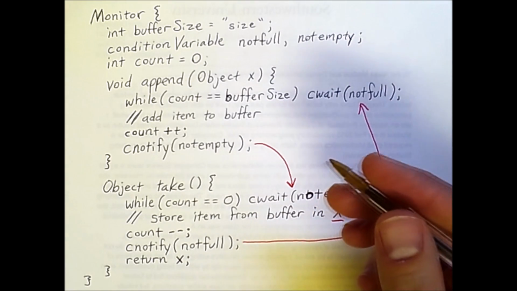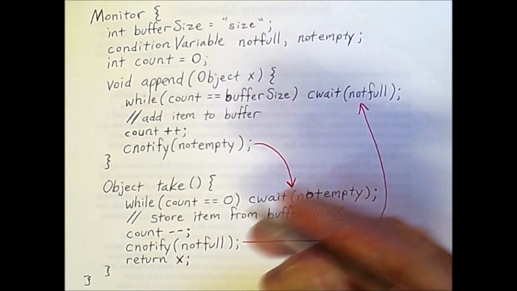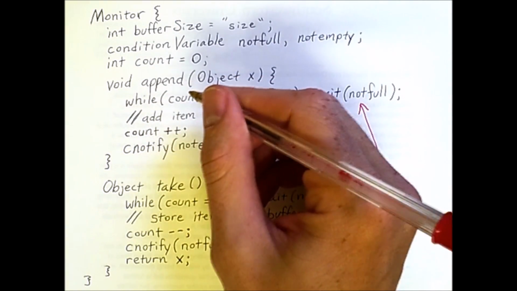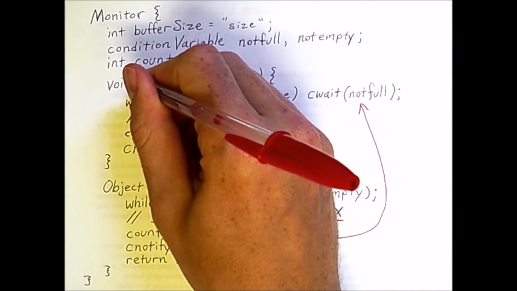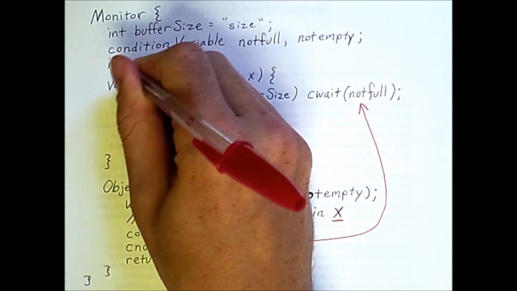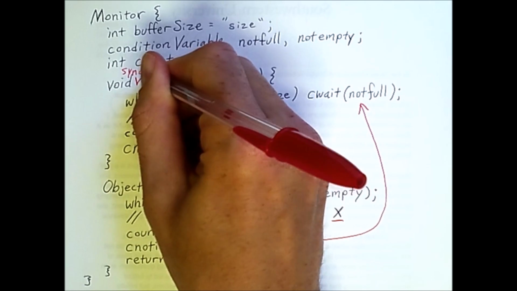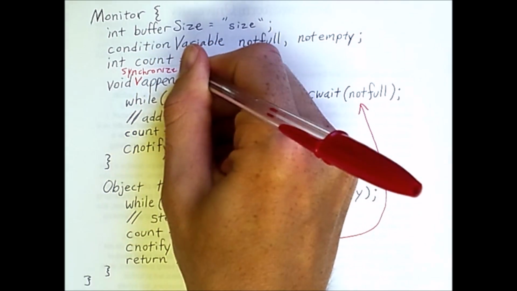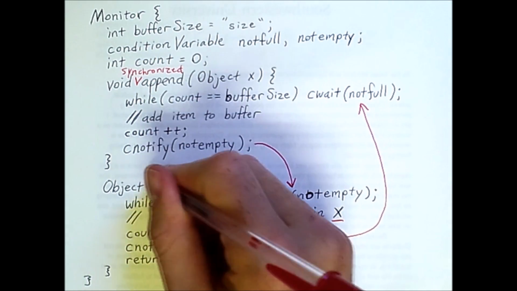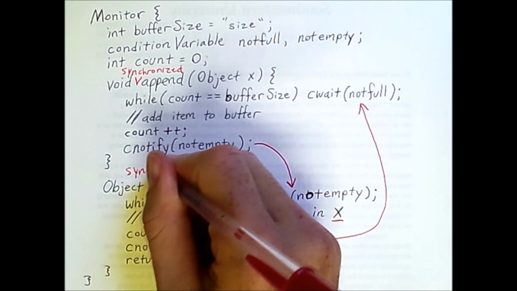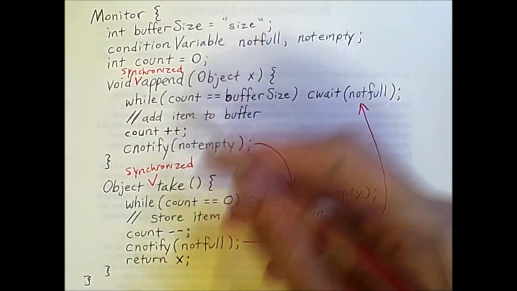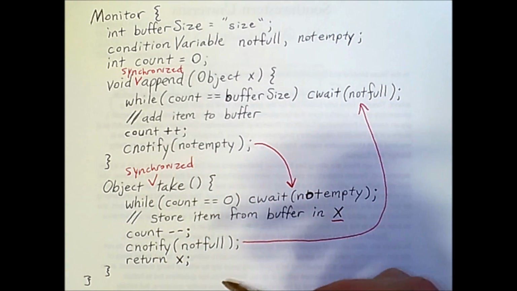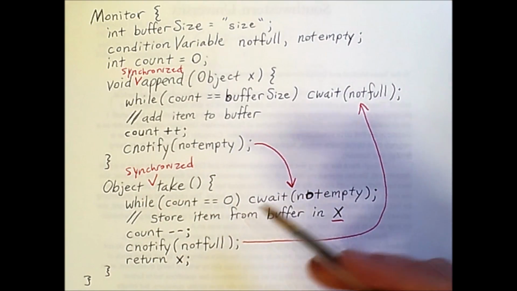If this were Java code, this would be indicated by the presence of the synchronized keyword. So it's as if I said that this method and this method are both synchronized. And so this is not Java code, this is pseudocode, but if you want to think of it in those terms,